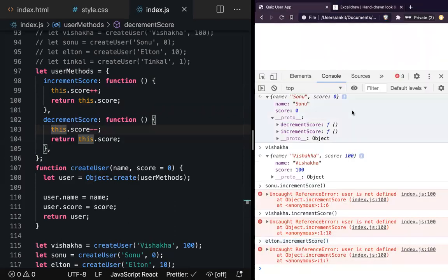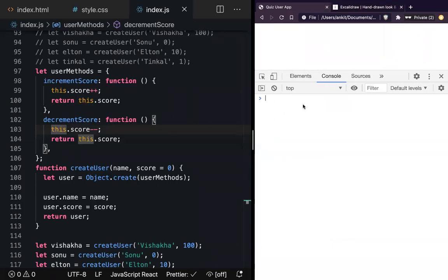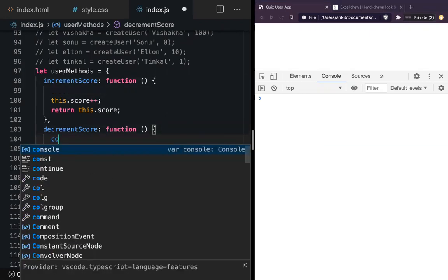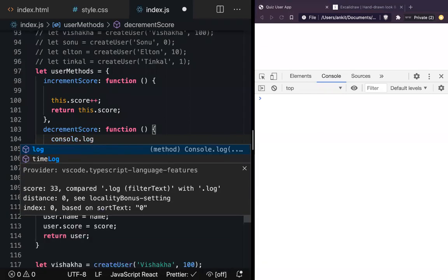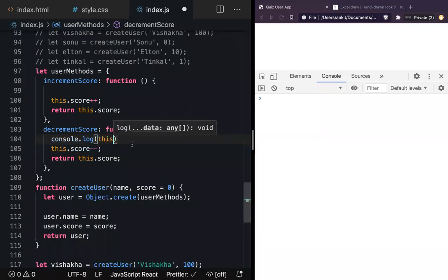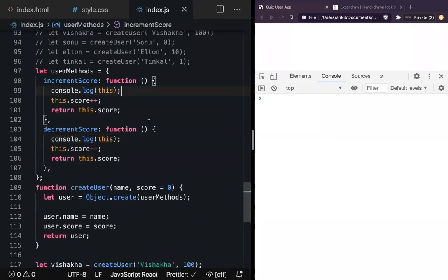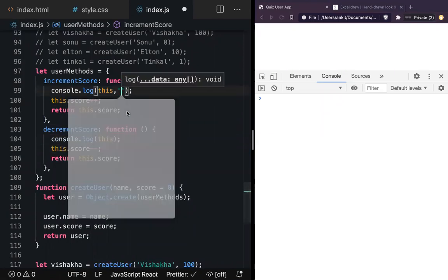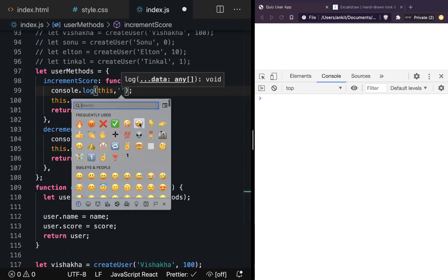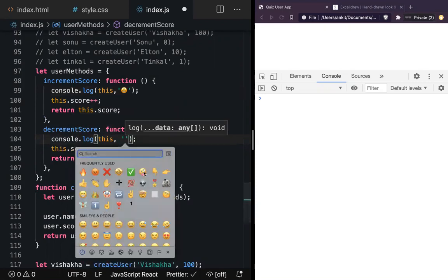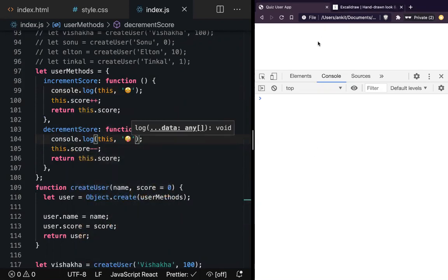So I'll go ahead, refresh this function and see what is happening here. Let's try to understand what this is, because obviously we need to understand it. So I'll go ahead and log this, whatever this is for you. And on top, I'm just going to log this. If you want to keep a message there, just to understand that we are logging this value, I'll add an emoji symbol here so that we understand it. Okay, now let's refresh it.